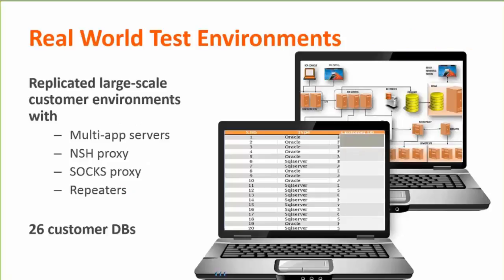So as we talked about real-world test environments, as we do large-scale testing, as we do different forms of testing, it is very critical that we are able to mimic how our customers are using the products. So what we typically do, we use some of the customer databases that we have in-house internally. And basically, we try to mimic the customer scenario by having multiple app servers, a variety of proxy setups, repeaters, all the complexities we see in our customer environments, and then we run our standard set of